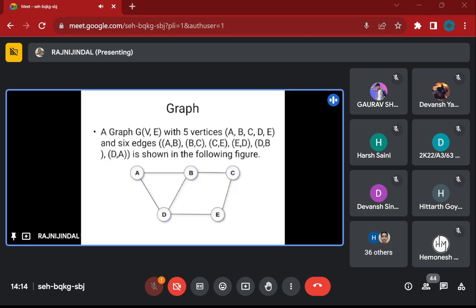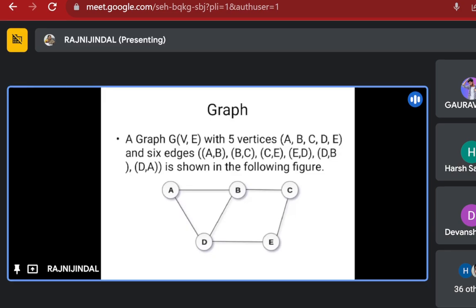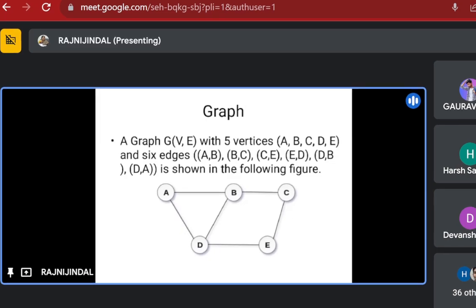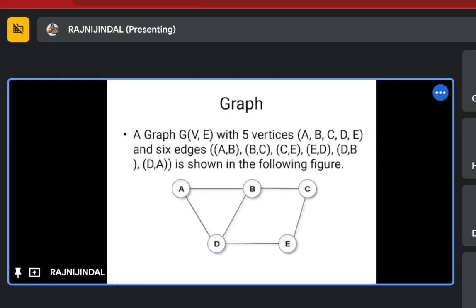and there is another edge, D to B and D to A. So there are six edges: 5 vertices and 6 edges. Further, you can note that